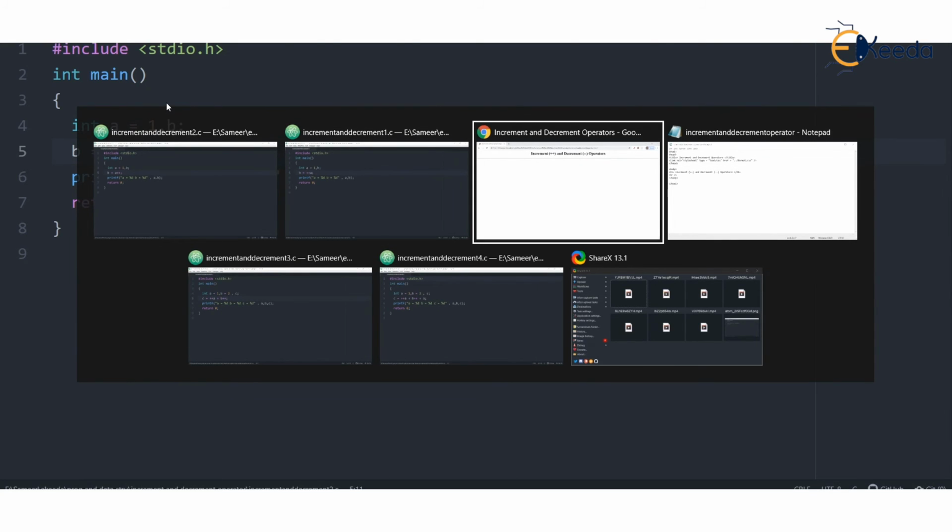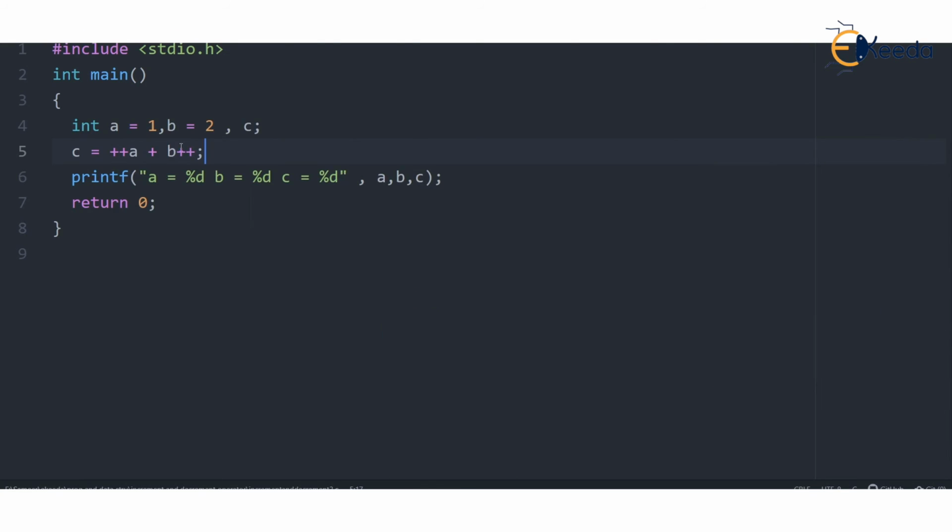And we have something like a is 1 here. A is 1, b is 2, and c is not known. Now how do you solve this expression? Come on, first you should increase a. So a will become 2 because this is prefix, but you should not increase b. This is postfix. So A has already become 2, but B is still 2. So this will be 2 plus 2. So C will become 4. And after C becomes 4, B will be increased by 1. So B will become 3. So the outputs are going to be 2, 3, and 4. Let's try to run this. Yeah, 2, 3, and 4.